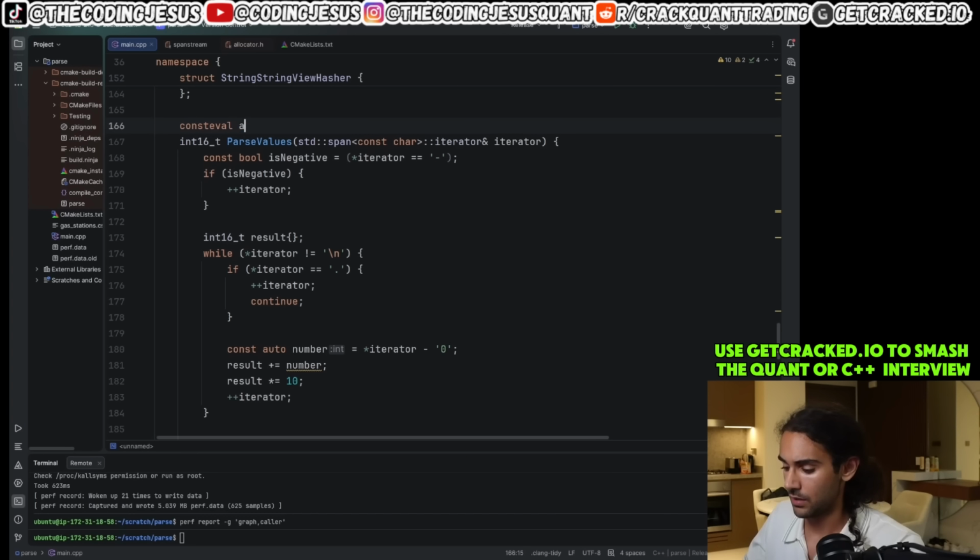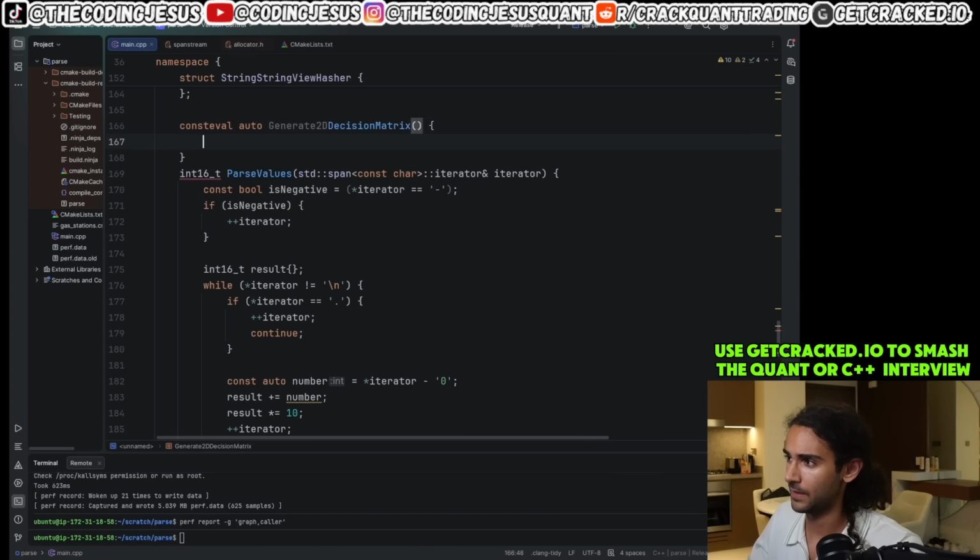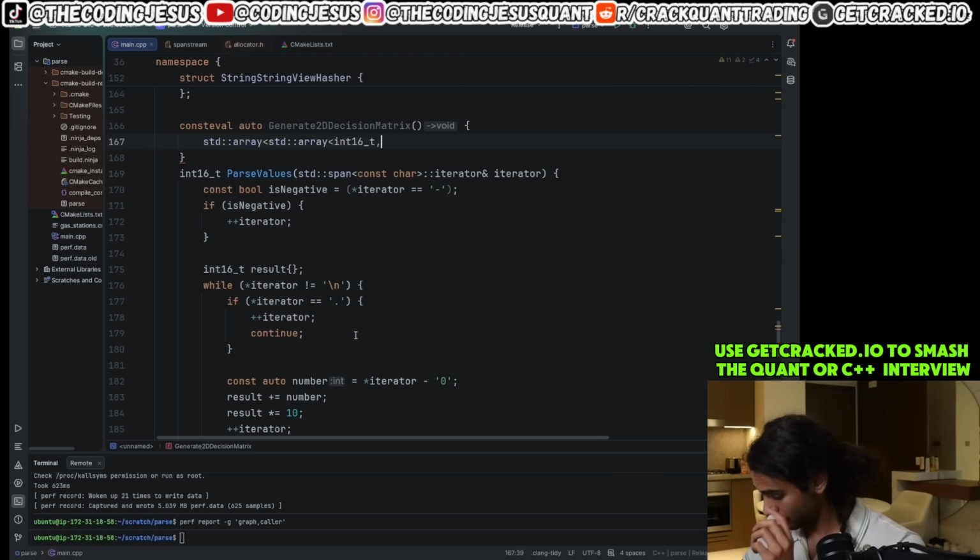So auto, let's generate a 2D decision matrix. And we want a decision for every possible ASCII character, right? Because you can get a decimal, a negative. So we can do std::array. And we will say there's 2 decisions and there's 256 ASCII characters. So let's do